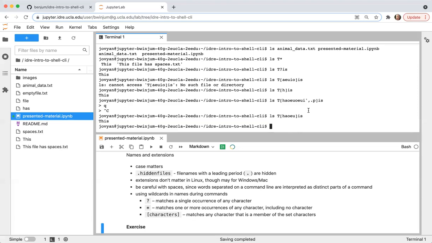So that's a useful aside for if you run into that situation. Here, when I didn't type in the quote mark and just typed characters, it listed the files inside of this directory that have any of these characters as the second character in the file name, of which this is the only one.